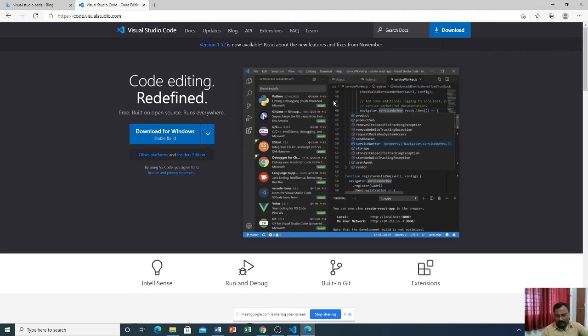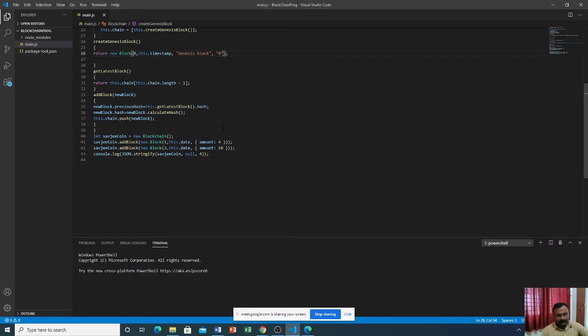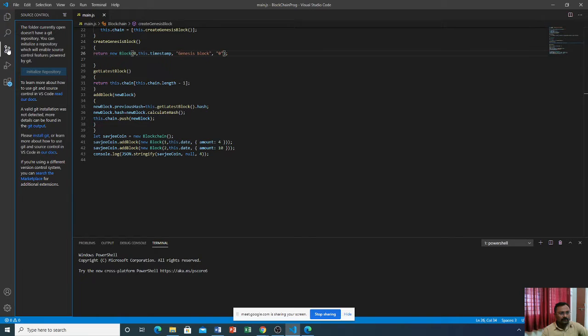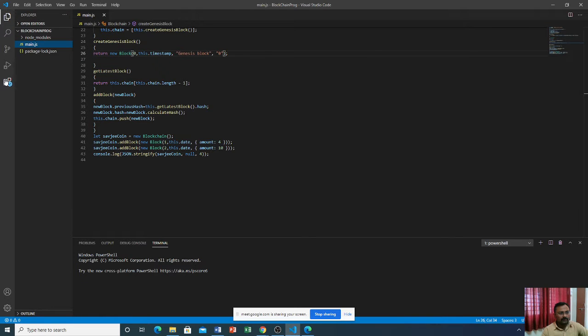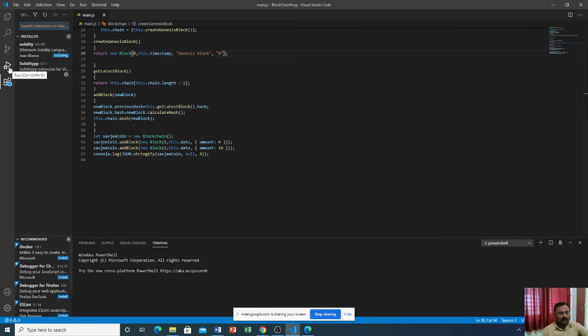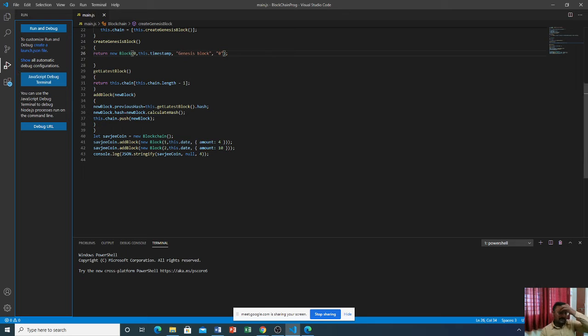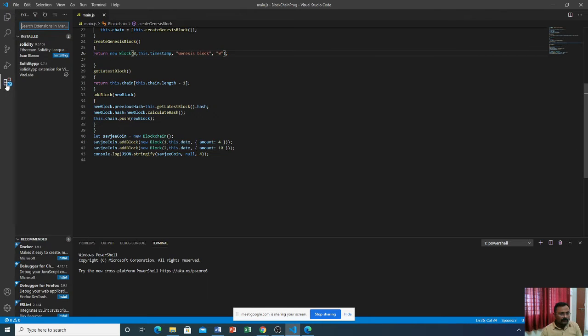This type of output you can see in the images here, same to same. Download and install VS Code.